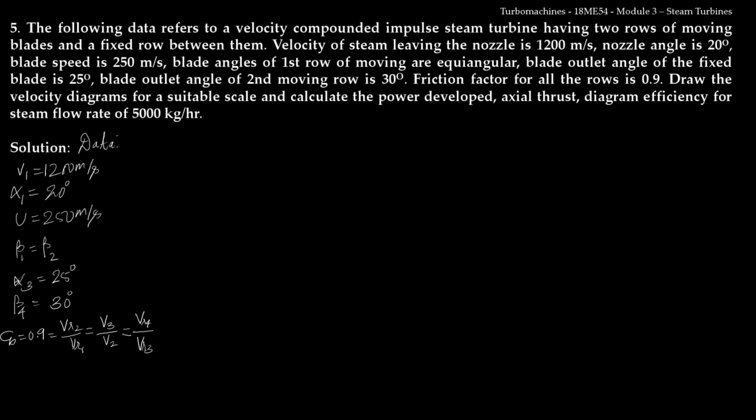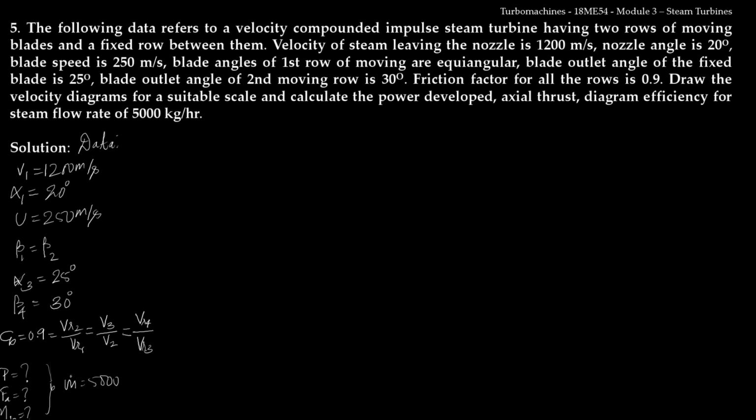So Cb has to be used for all the cases, and then now we need to draw the velocity diagram for a suitable scale, and we need to calculate the power developed, the total power developed by combined stages, then the axial thrust, that is Fa, then the diagram efficiency, that is eta b, and all this has to be calculated for a mass flow rate of